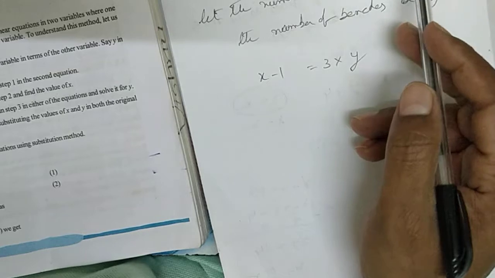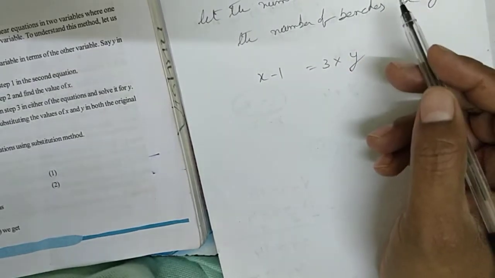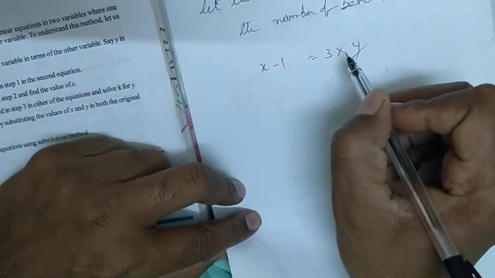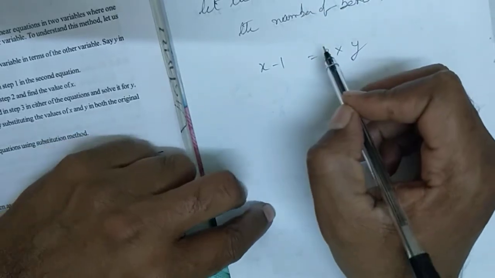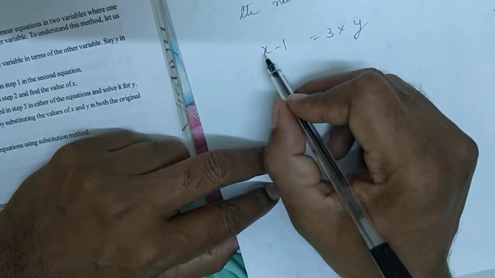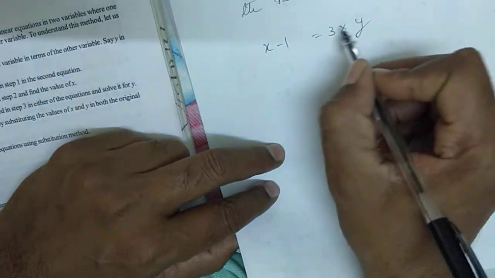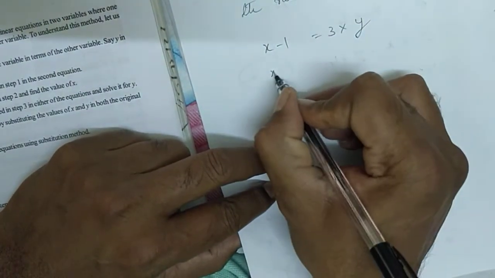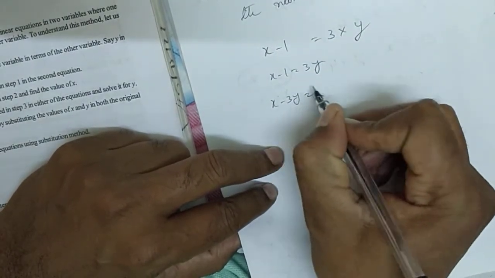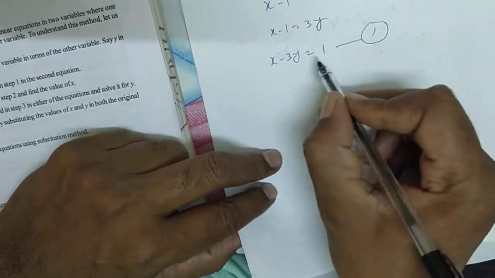1 student left means total x students are there, and for 1 student there is no seat at all. So you have to write like this. No need of by-hearting it, you should just understand by reading the sentence. Now, as I already said, you have to write the linear equation in terms of x first, next y, is equal to a constant. 3 into y is nothing but 3y. So 3y take to this side: x minus 3y is equal to minus 1, take to this side, 1. Equation number 1. I hope that you understood.